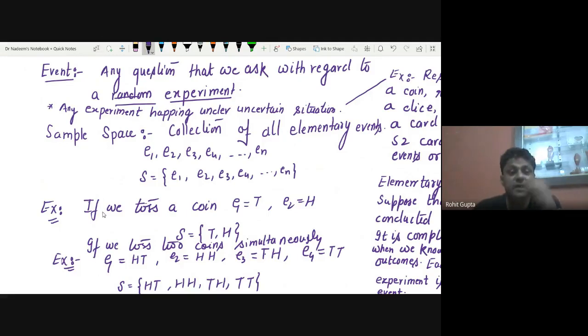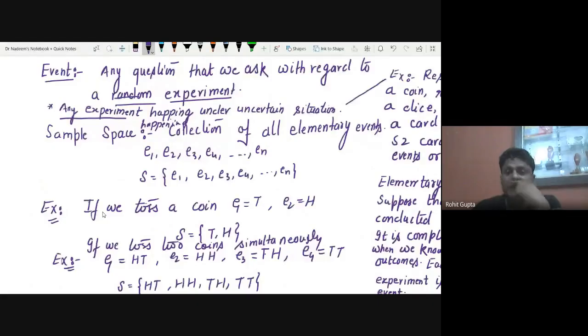Any experiment, any experiment, okay? Any experiment happening... it is wrongly written here, it should be happening under uncertain situation, okay? There is no biasness, there are no certain situations. So if you are performing any experiment which is going to happen under uncertain situation,